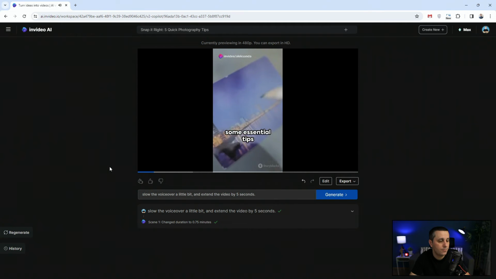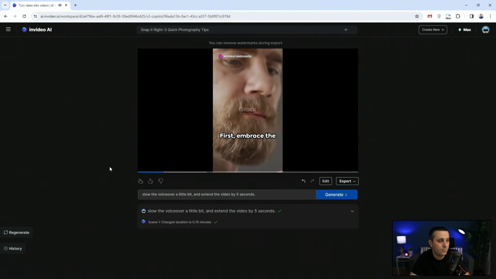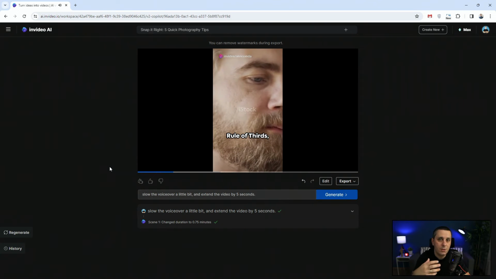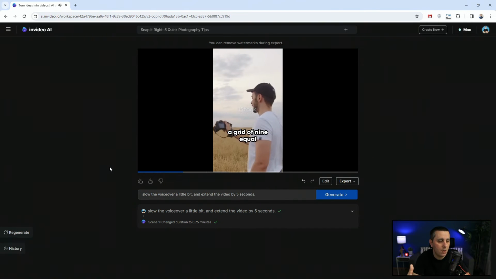Here are some essential tips to elevate photos. First, embrace the rule of